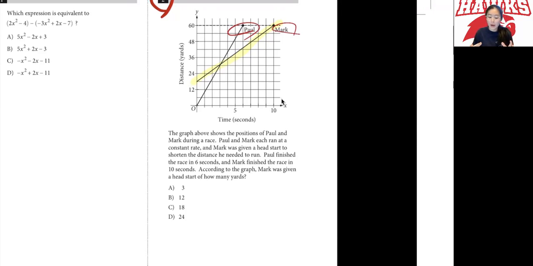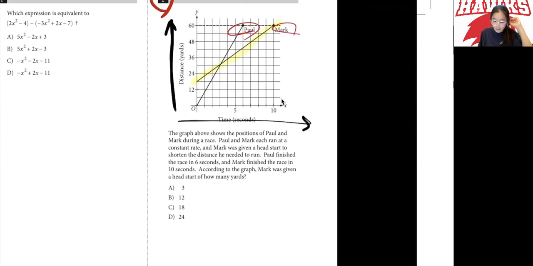And when you look at the graph, we can tell from here, this is a distance, right? The distance doesn't go to negative. So it's cut off at 0, as you can see. And the time, it doesn't go negative time. It starts from 0 and it goes on in the x-axis. And having a head start means